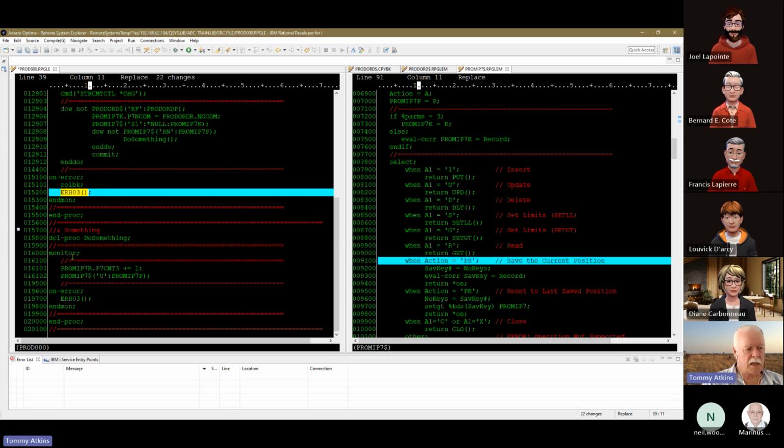Now, sending an escape message out of an RPG program automatically terminates that program. It's equivalent to a return, but it occurs at exactly the point at which you send the escape message. The program gets terminated, the call stack entry gets ended,